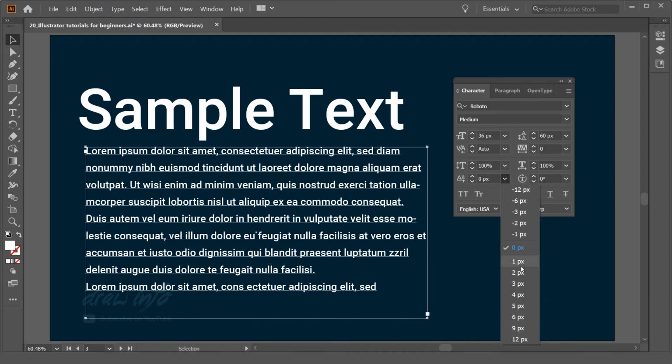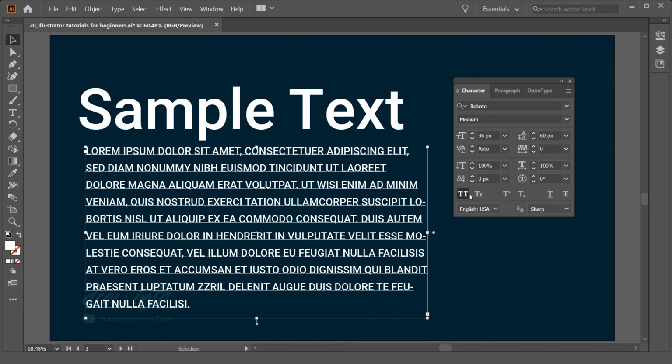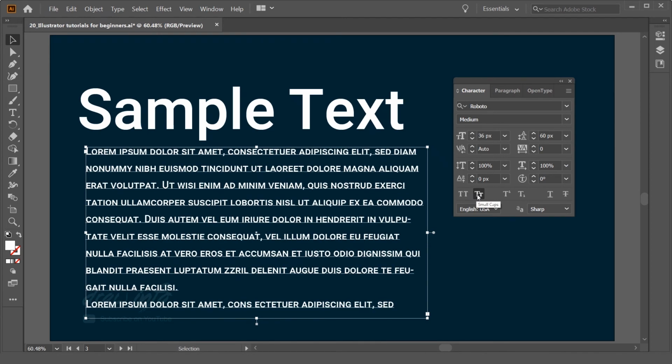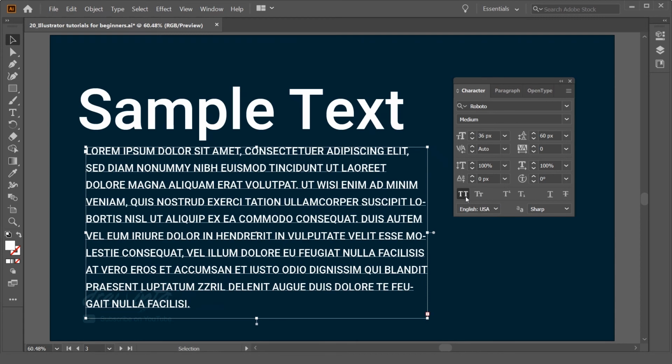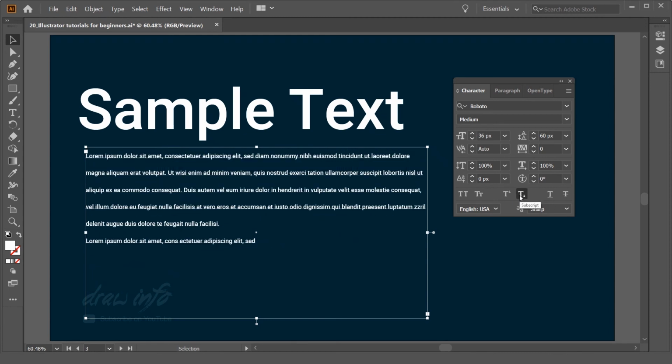Then this is another option. If you want all caps, you can select this, all small caps you can click this, and you can click this also. So this many options are available there.